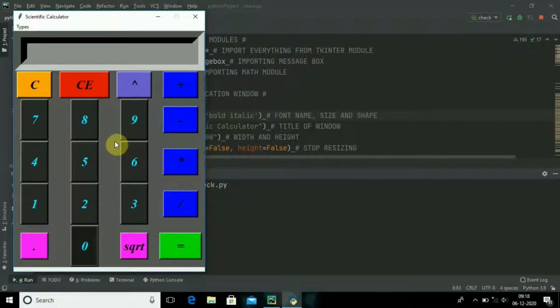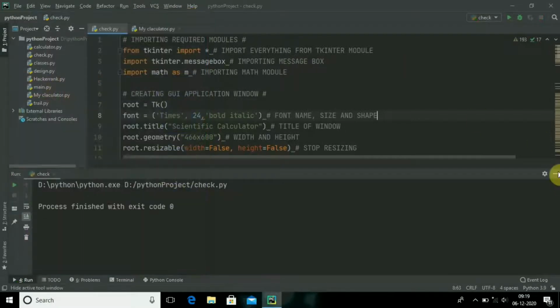What does the grid package mean? It is a table-like structure. We can divide it. Yes, this is row 1, row 2, row 3, row 4, row 5, column 1, column 2. These are columns, these are rows, and using these columns and rows, I have arranged these buttons. Now you have briefly got information about how you can create a calculator, and I will not waste any time and go into our code so that you can learn many more things about that. Let me delete this one.